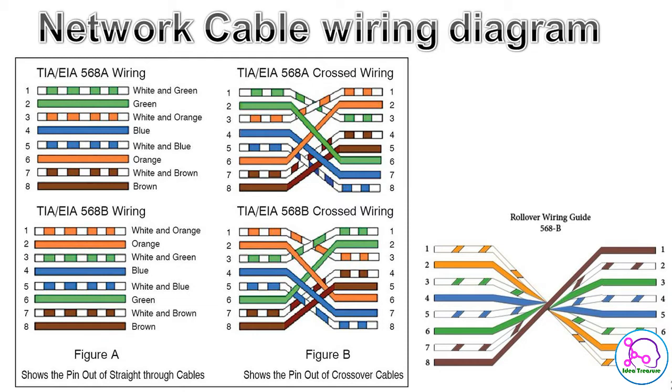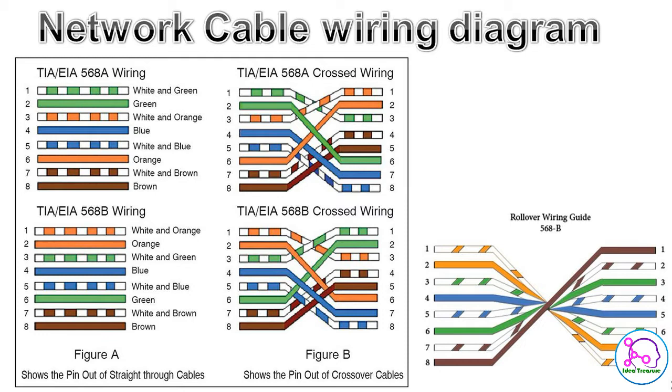Those who have a basic idea about the networking cable know very well that the networking cable has a total of 8 wires inside one single cable, which is normally connected with RJ45 male and female connectors for networking. When we talk about networking, there are multiple varieties of cables available. The first category is the straight cable, the second is the crossover cable, and the third is the rollover cable. You can see the different varieties of the cable in this picture.